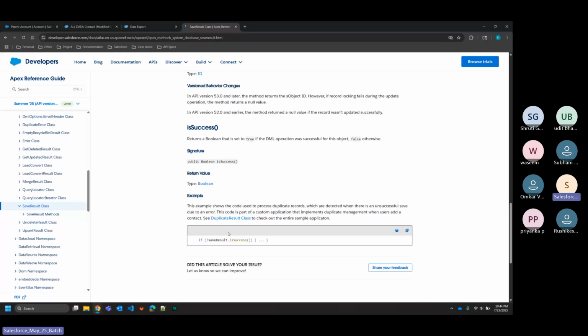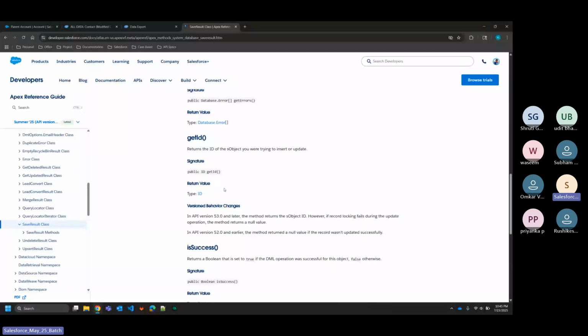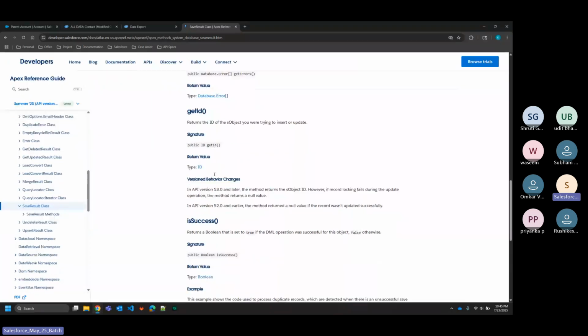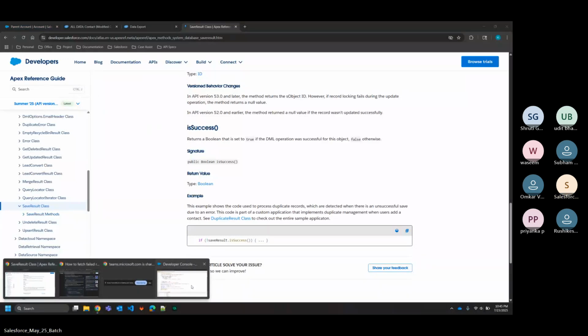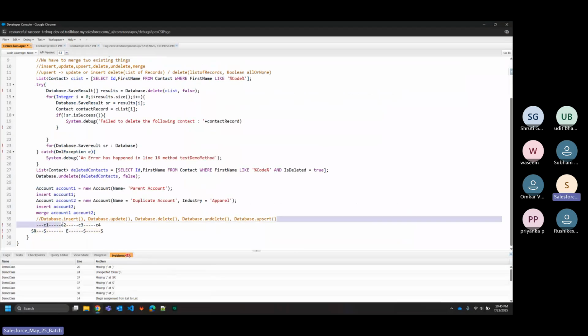Now, if this is not an insert operation or a delete operation, okay, then just for update operation you can use another method which is the get id. Okay, this id you can use. Why we don't use the id, instead we go with an array? Think of it this way. अगर मेरा ये इंसर्ट में फेल हुआ है तो मतलब इस रिकॉर्ड पे तो कुछ आईडी था ही नहीं, इंसर्ट तो हुआ ही नहीं, राइट? So if for this save result I try to run the get id instead of is success, तो मेरे पास आ जाएगा null,